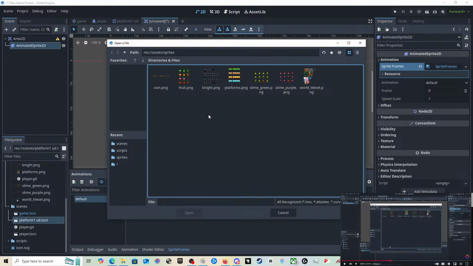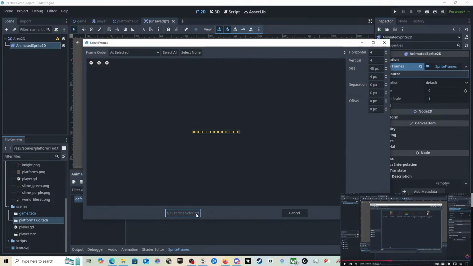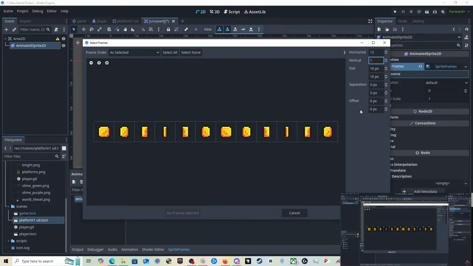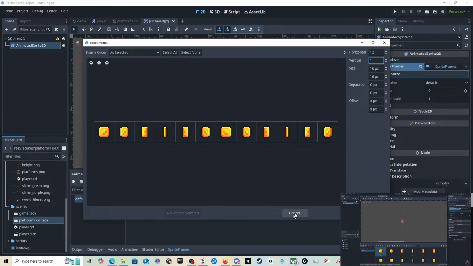So let's add those. I think we're going to be adding the coins, which is the coin. So we'll open that and zoom. So I guess we're going to want it like that. 12. And that should be alright, right? I'm going to use the coin.png, zoom in on this, and this only has one grid cell on the vertical, and horizontally it has 12. And now we can click from left to right, or simply click and drag, and add the frames. Let's hit F and zoom in, set the FPS to 10 and hit play.